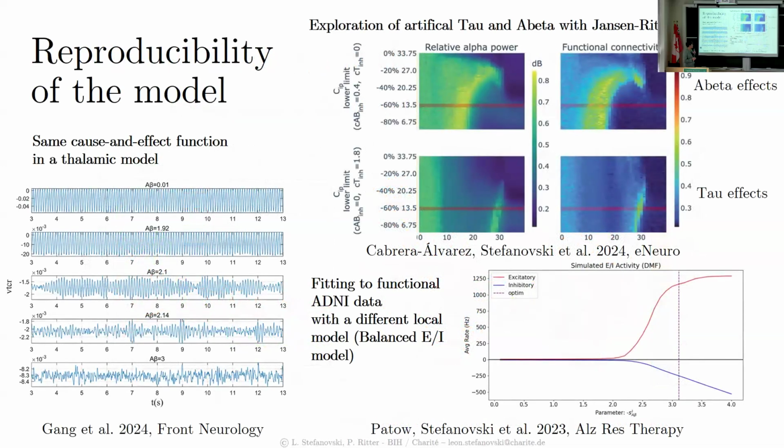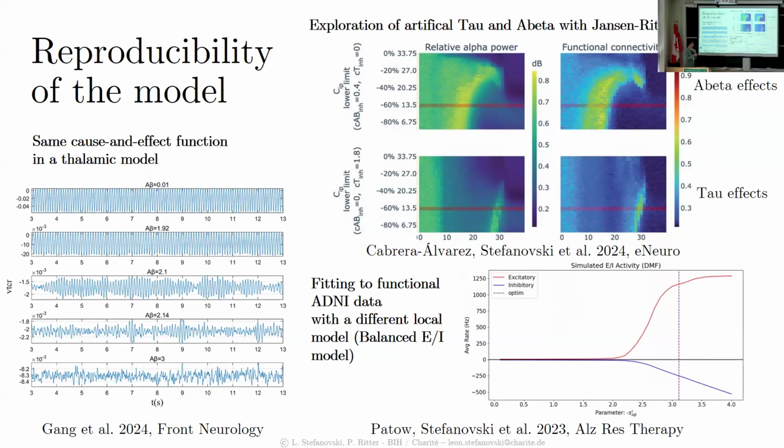We were very happy also to see that in general, this particular mechanism in Alzheimer's was able to be reproduced in different studies. So in these two, we were involved. This one used the same model, so a Jansen-Rit model, but not amyloid PET, but a very complex model of how the proteins amyloid and tau interact with each other and lead then to this disinhibition, showing the same relationship. And this work used a different neural mass model, so the balanced excitation inhibition model by Gustavo